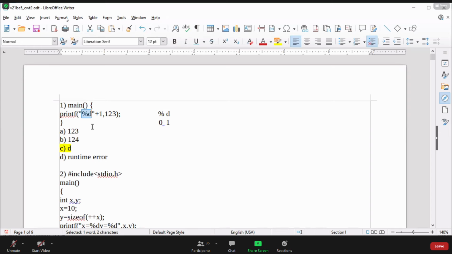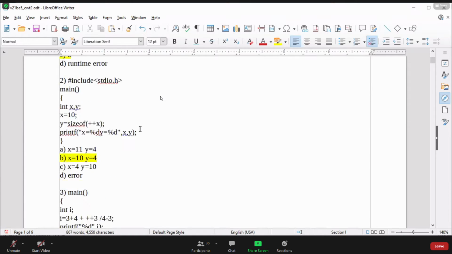Whatever constant we are taking in double quotes is called a string constant. At the end of a string constant, definitely a null character \0 is placed. So up to the end of the string, it will take it as a string constant, considering each and every character. So %d is two characters, and that is a proper format specifier. According to that it will work. Try to understand here.